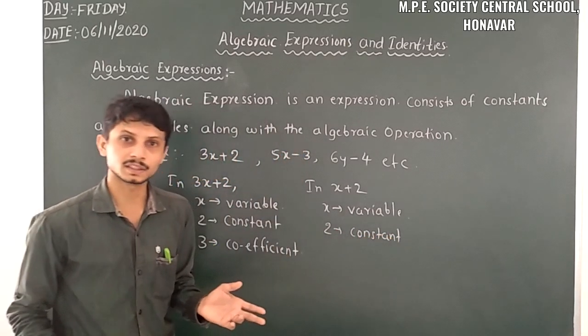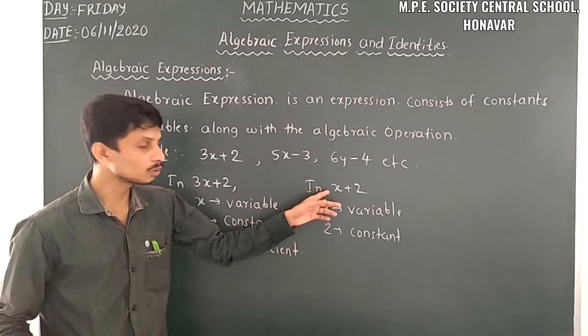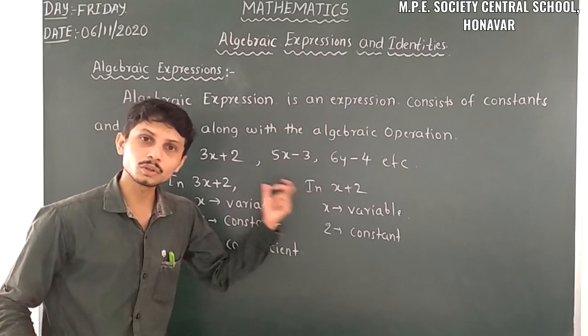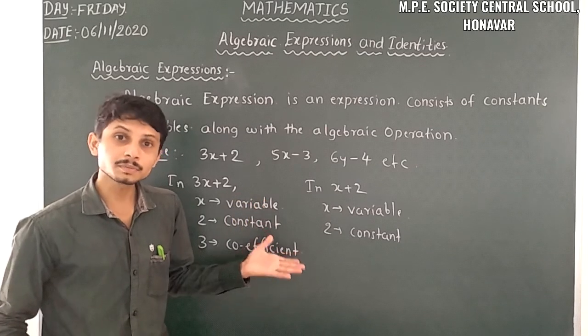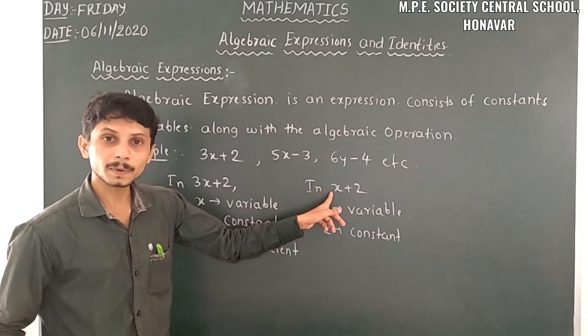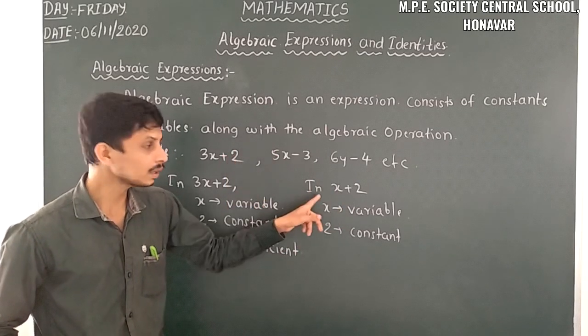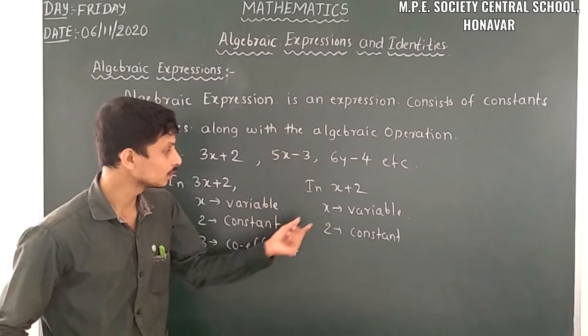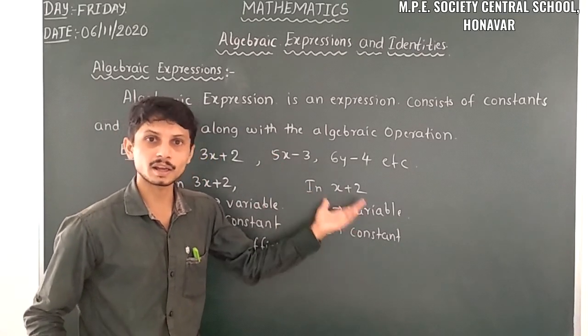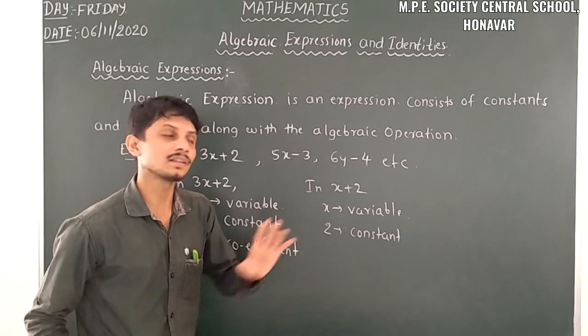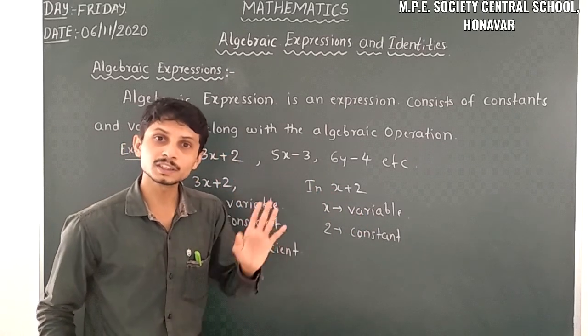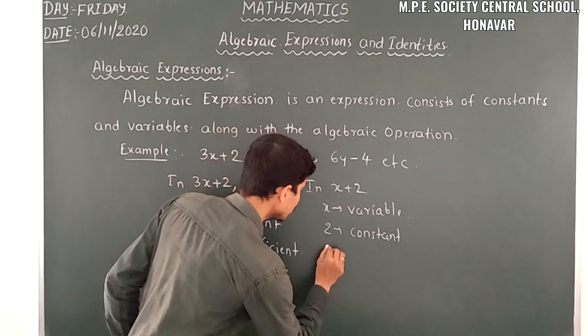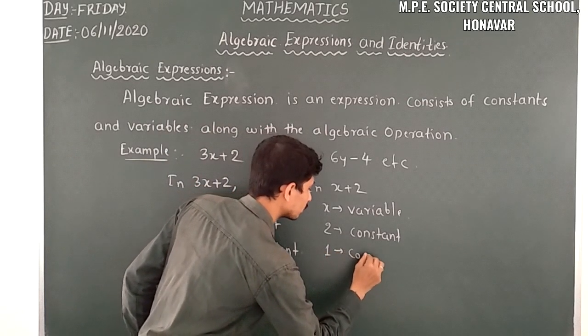Then what is the coefficient here? What's the coefficient? There is no mention of it. There is no coefficient. No, it is meaningless. Here it's a multiplied term, that is with 1. When any number is multiplied with 1, you can take it individually. Here x is not the only thing, it's multiplied with the coefficient 1. So that's why 1 is the coefficient.